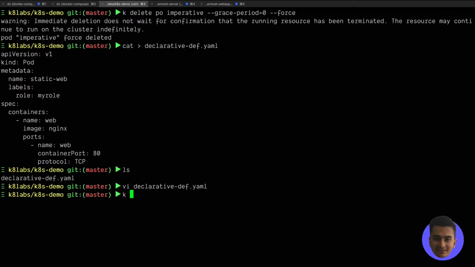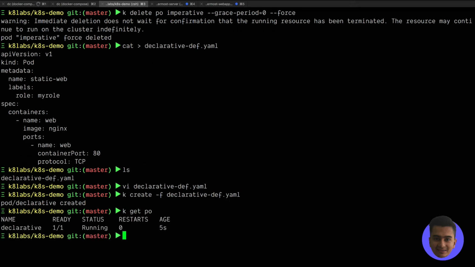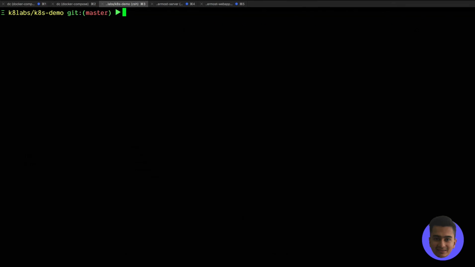Save the file. And now if I type the command create -f, you have to give the flag -f when you're providing a file. And now if you see, the pod is created. If I inspect the pods, you have your pod running there. Next, let me show you the hybrid approach. So in the hybrid approach, basically you have a combination of the imperative command and the declarative way of doing things. Okay, what I mean by that is, so earlier we used this command,